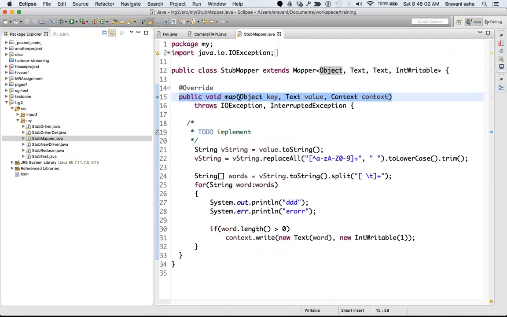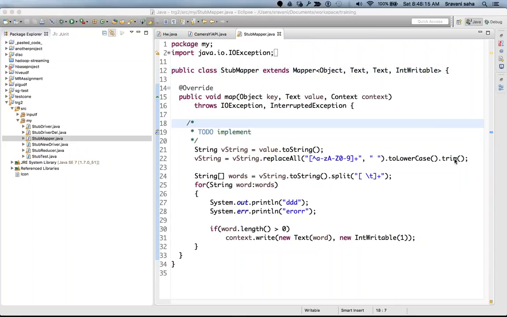Now let's have a look at this main function called map. After you have created this class called StubMapper, you will have to